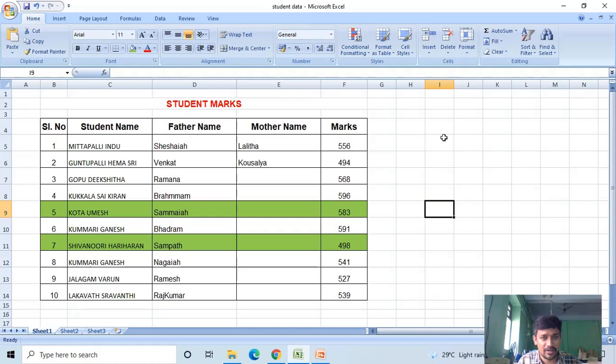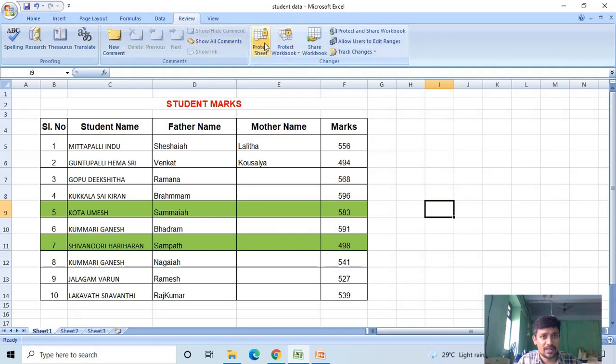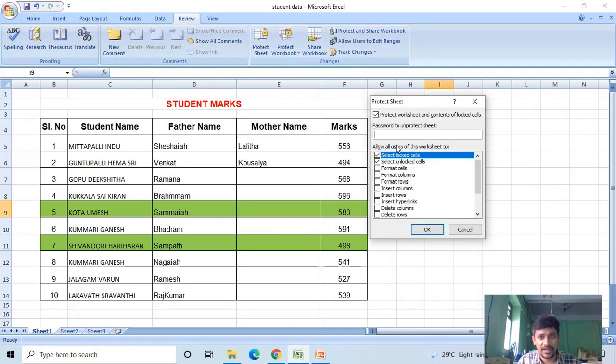After adding the details, click on the save option and go to the Review tab. Click on Protect Sheet and give a new password. You can give one more password.